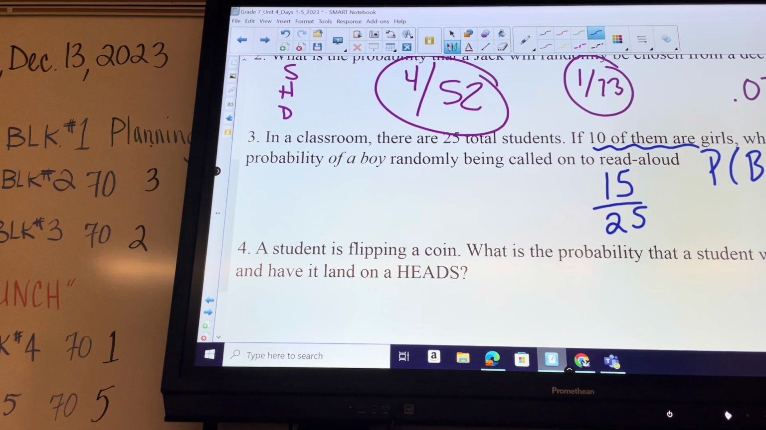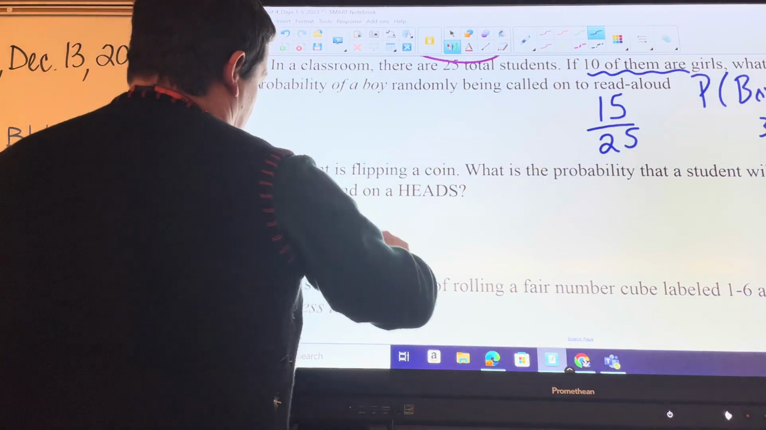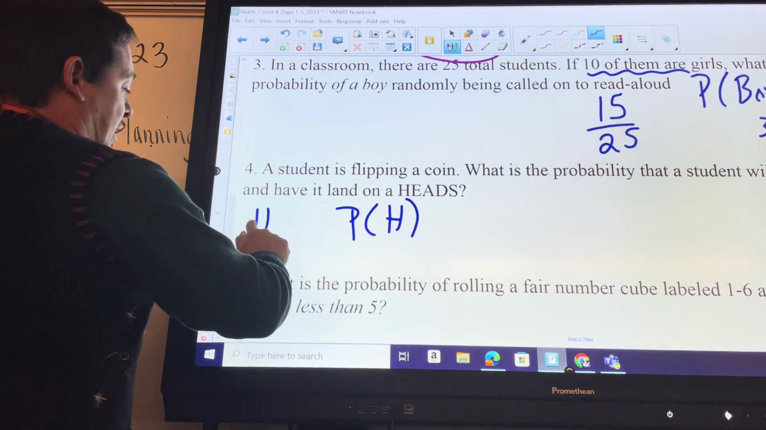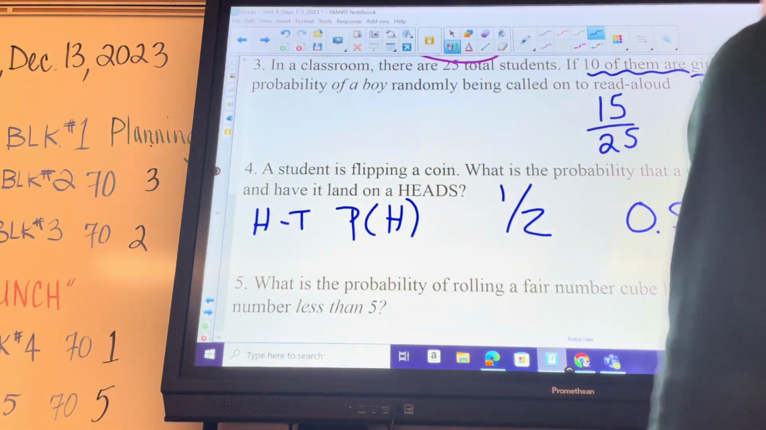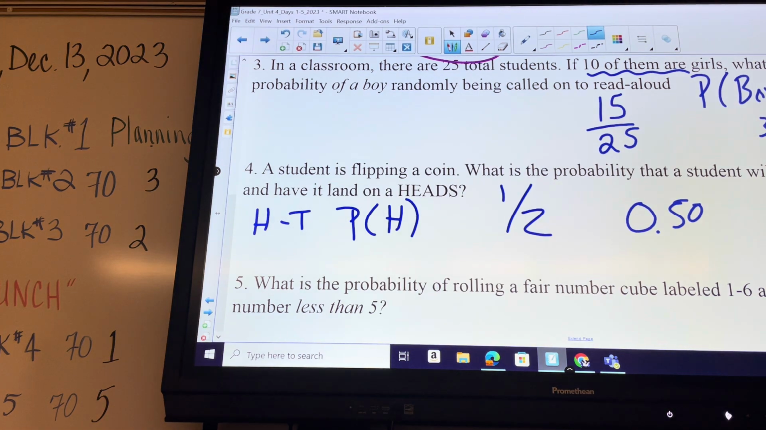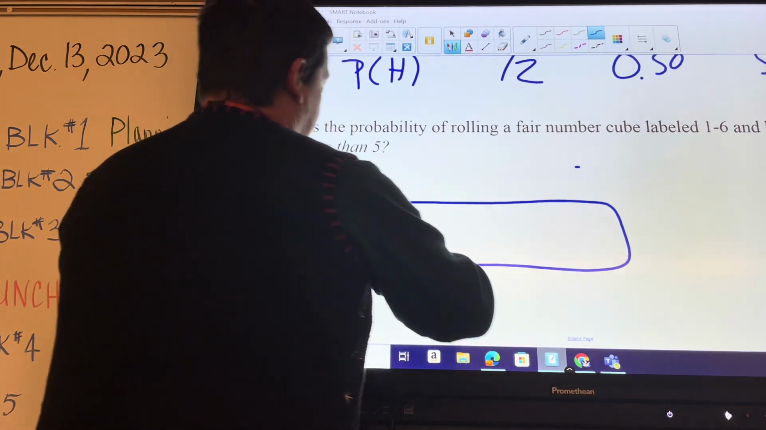0.60. Number 4, probability a student will flip a coin and have it land on heads. That's a simple one. The probability of a heads, coins, either have heads or tails. There's 1 heads, 2 total options. That's 0.50 or 50%. The last one, when we're talking about a dice, the biggest thing is you have to